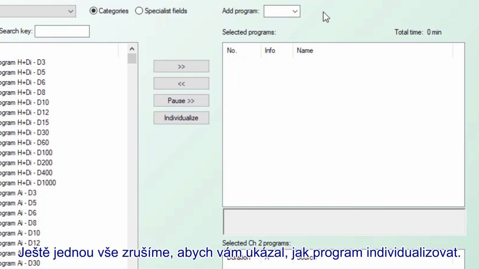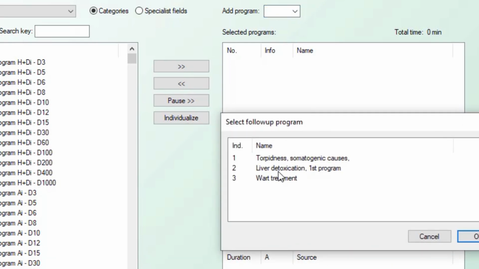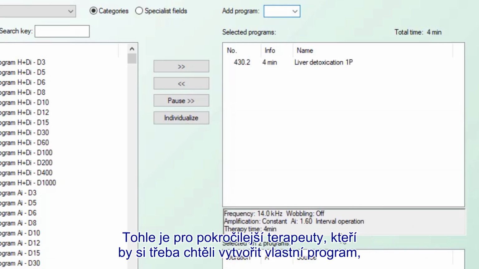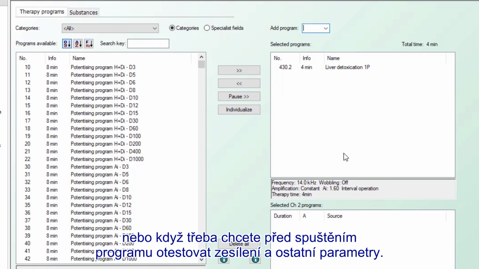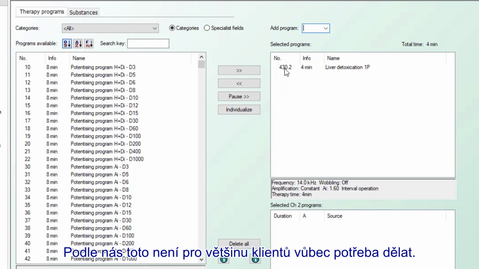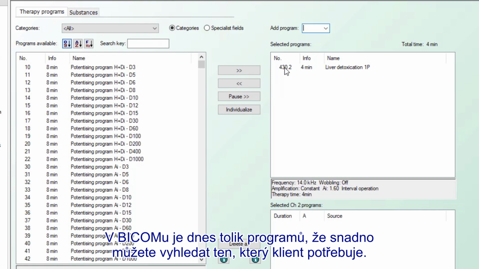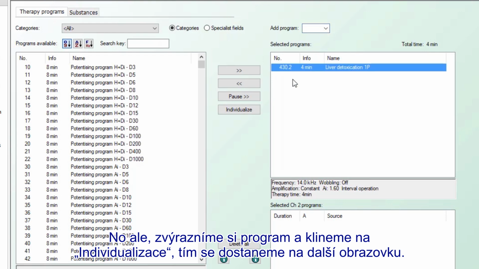I'll just tidy this up again just to show you how to individualize a program. So this is often for more advanced therapists who are maybe used to creating their own programs, or they've been taught to test amplification and all the parameters before they run a program. We don't feel that this is necessary for most patients, because now there's so many programs in the BICOM, you can test to see which program that they need. But to highlight the program and click individualize, and it brings up another screen,